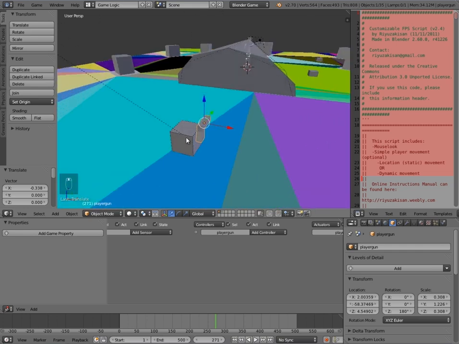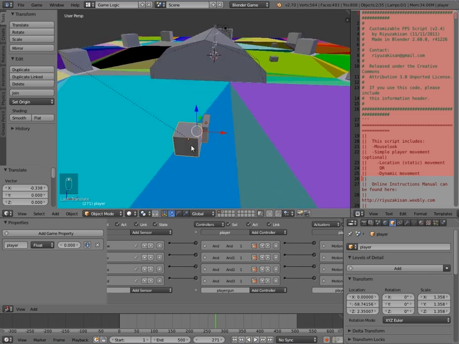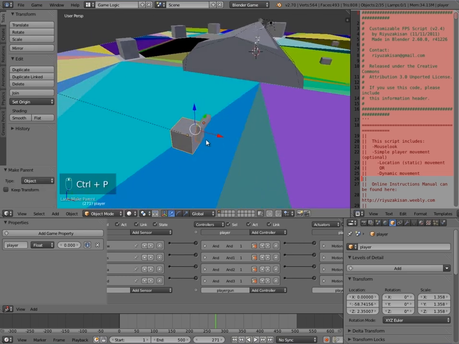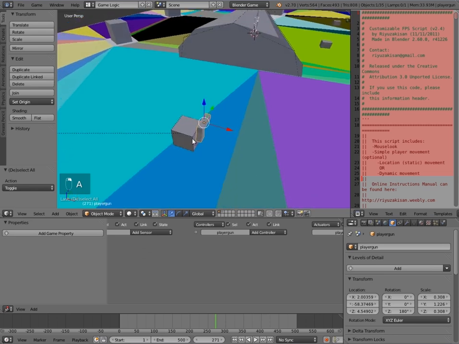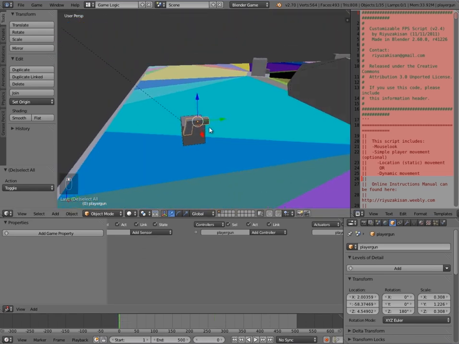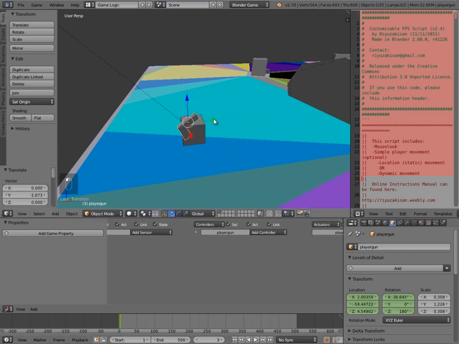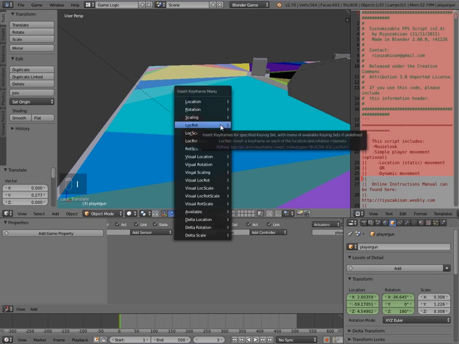Then I'm going to hold down Shift, select the cube or the player, then press Ctrl P and parent like that. And then here, our player gun, we need some animation, so at frame 0, what we're going to do, press I, insert location rotation, then we're going to go along to frame 3, there we go, and then RX, and move it back, not too far, maybe just something like that,